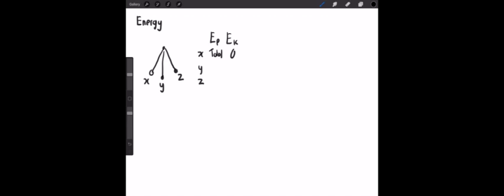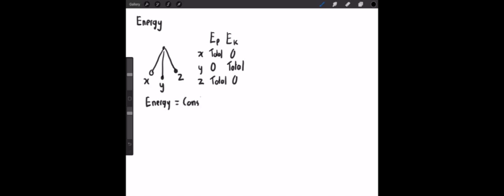At position Y, when the bob is moving, it has no potential energy at the minute, it's at its lowest point, so that will be 0, and the kinetic energy will be equal to the total energy. In position Z, it goes back to the starting position, it's just reversed, so we're only interested in magnitudes, so that will be total and 0 again. And the thing to remember is that assuming that we don't have any friction in the system, the total energy is constant